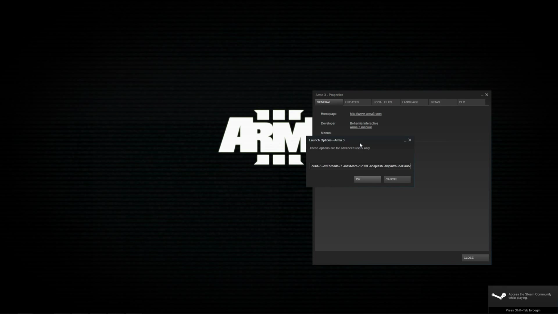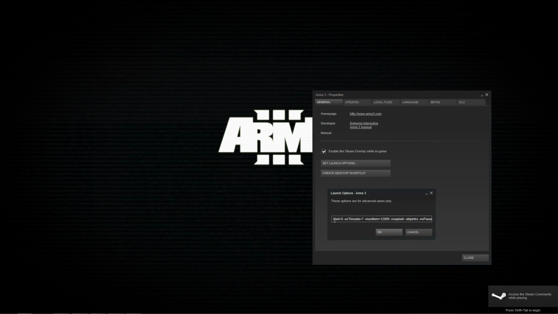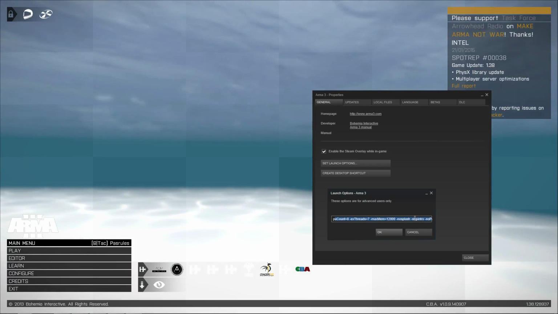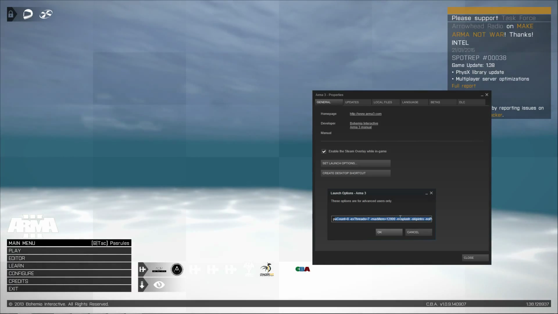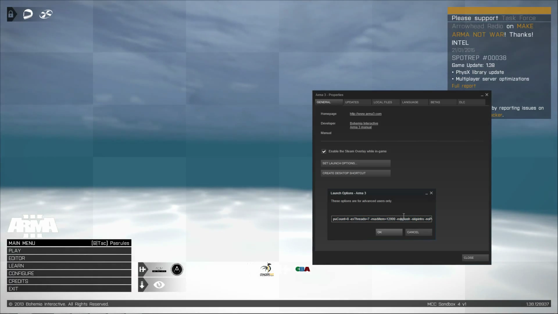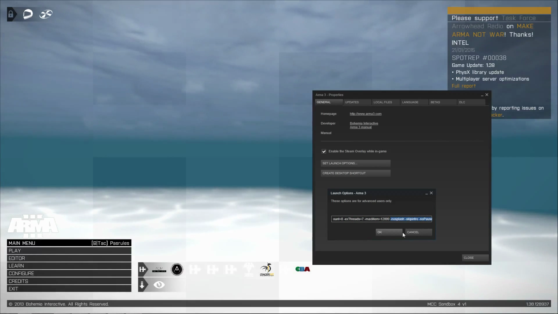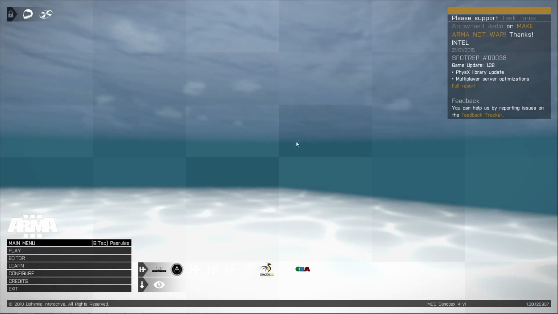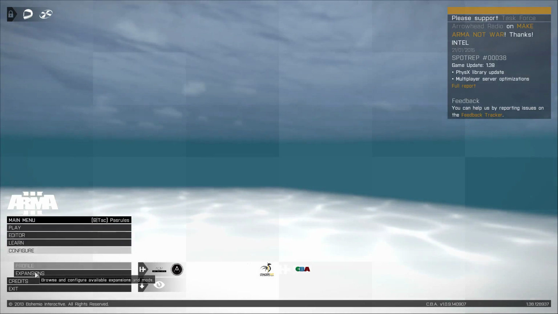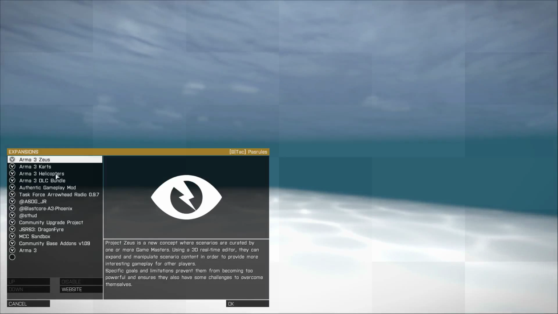For those that don't use the Arma launcher, which I don't, I do everything manually. I'll put this in the description as a launch option. This is for a 4-core, 8-thread processor with 16 gig of RAM, as well as your nosplash, skipintro, and noPause. Once you've got your Arma 3 loaded up, you want to click on Configure, and then Expansions, and enable